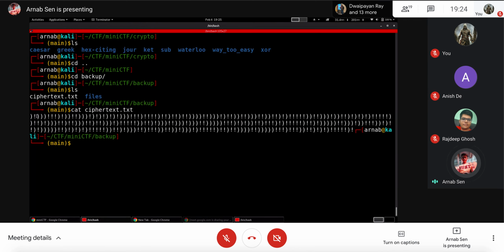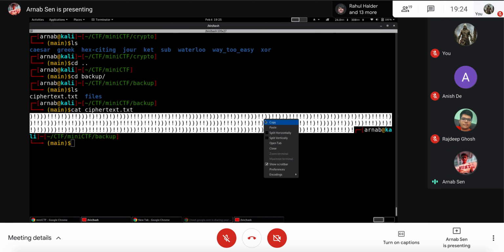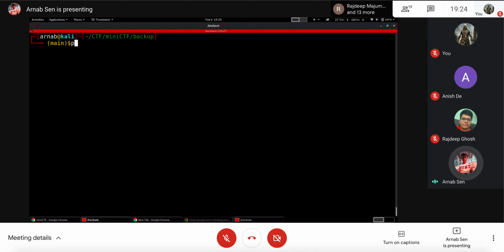So you can see this is all something like one is the closing bracket and the exclamation mark. And again, it made sense that it can be binary because there are two symbols used. So one can represent 0, another one can represent 1. And again, I used the Python interpreter for this.